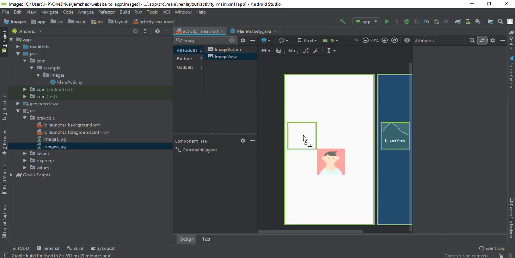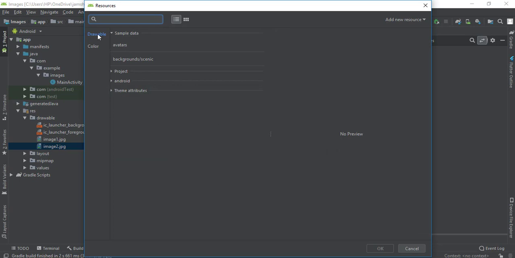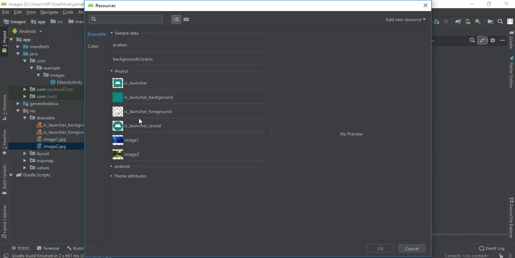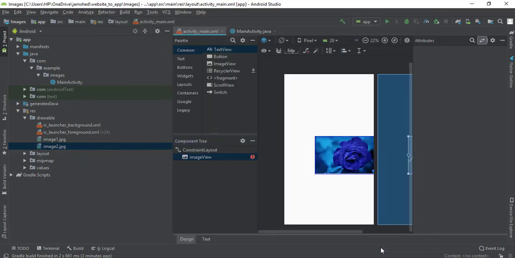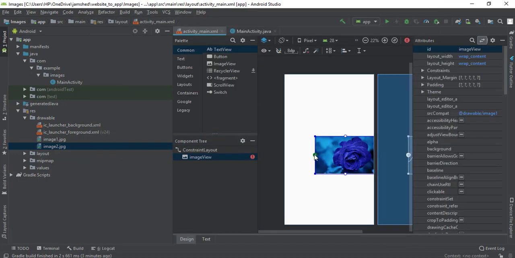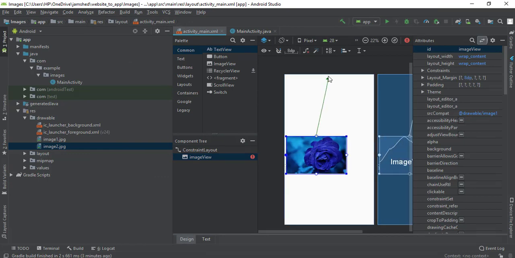For that, I'm going again to drag and drop here. Now I can easily select drawable folder from here and just select project from here, and you can see the pasted images here. For example, I'm going to select this one and press OK. So as you can see, it's not in center, so in order to be in center, I'm going to